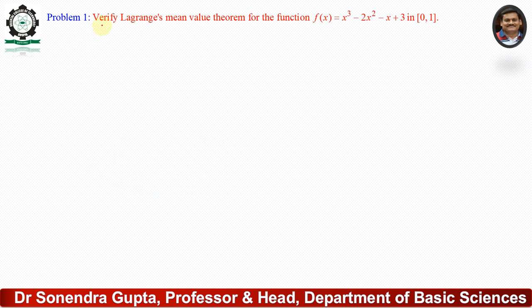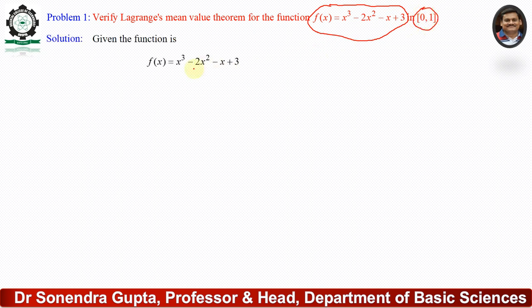Question number 1: verify the Lagrange mean value theorem for the function f of x equal to x cube minus 2x square minus x plus 3 in the closed interval 0 to 1. Obviously the function and the interval are given. That means given f of x equal to x cube minus 2x square minus x plus 3, say equation number 1. Then putting x equal to 0 and x equal to 1 in equation number 1,